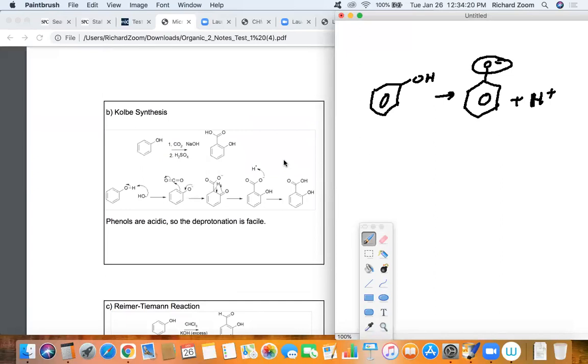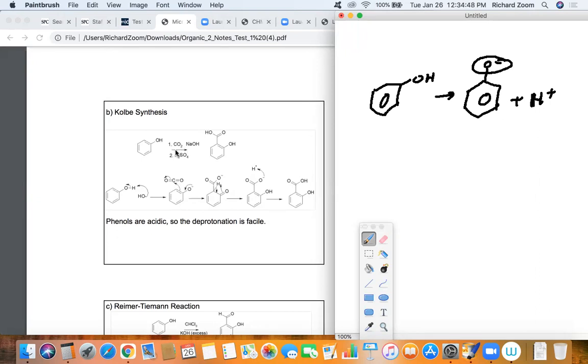The other possible reaction you might see, this would be as part of question 1, by the way. You'll just get one of these, either A or B. And again, we've got the Kolbe synthesis, which is the phenols. I've got here, phenols are acidic. So the deprotonation is facile. So what I'm saying is that this part here where the H is coming off the O is very quick. So what happens is that the